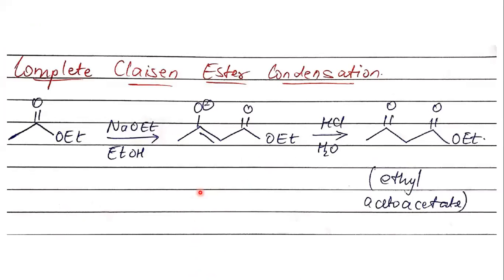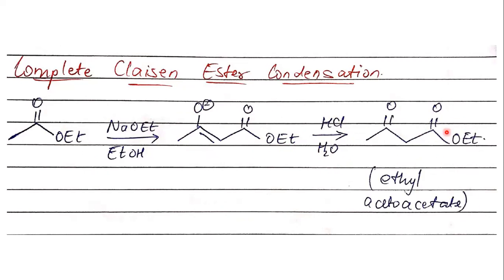We'll start with Dieckmann condensation. Before we go into the second named reaction, yesterday we learnt about your Claisen ester condensation. So just a quick revision, this was your complete Claisen ester condensation where two molecules of a similar ester react and undergo a condensation product which eventually gives you a reactive enolate which undergoes protonation to give you ethyl acetoacetate